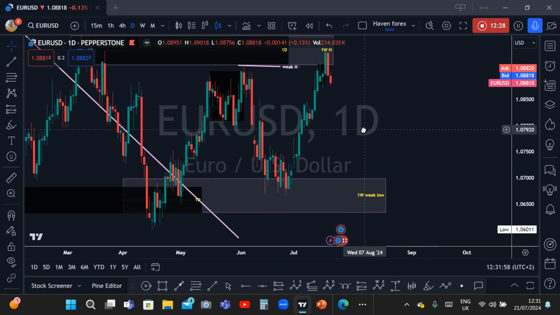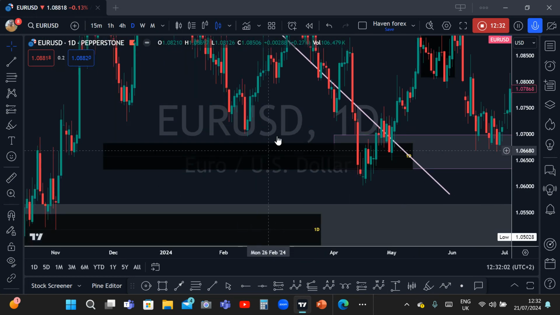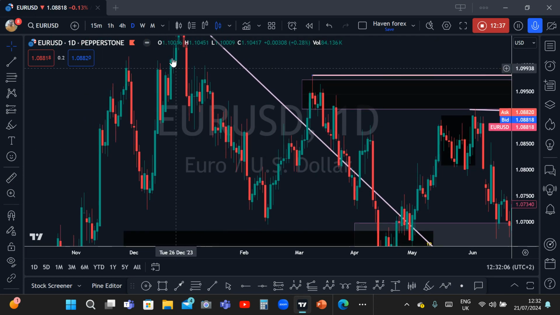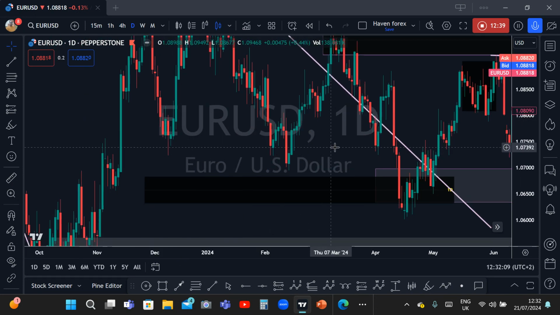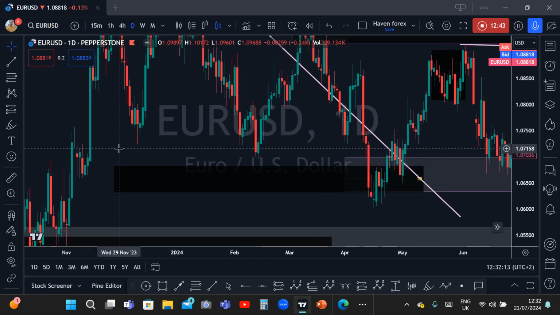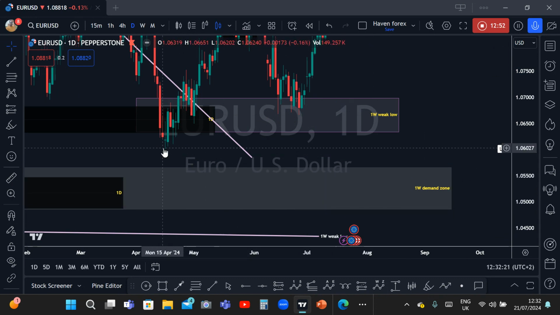Because he failed to break this structure low. This one is a strong high because it broke this structure. This is a strong high because it broke this structure. You see, it broke this structure though. This one is high, this one is lower, then this one is lower than this. Then this one, instead of it to come down and take this structure and come down lower,